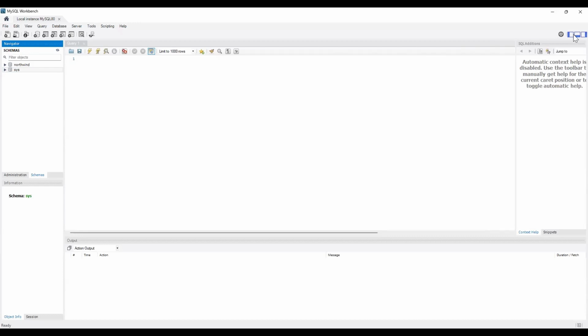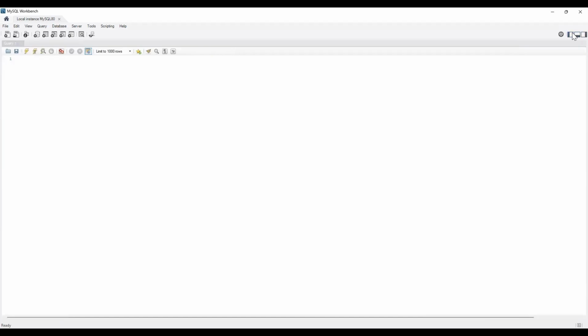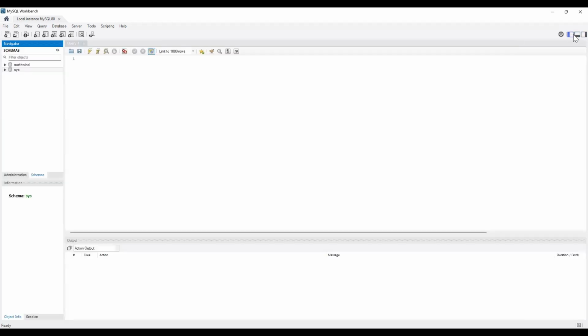SQL additions. If you need a wider interface, let's say you want to expand the interface, maybe the code is exceeding the interface you have, you can collapse the unnecessary interfaces or the unnecessary panes by clicking on these buttons. Okay,